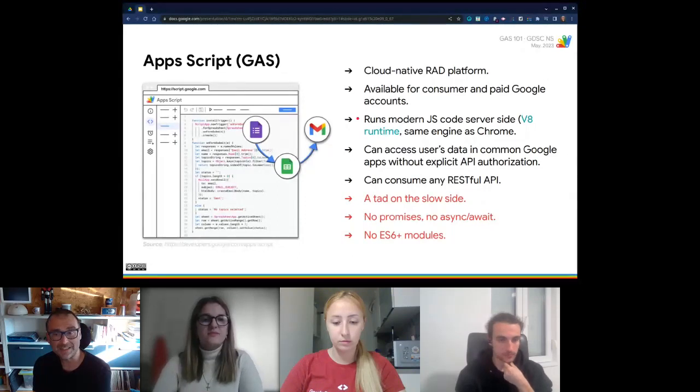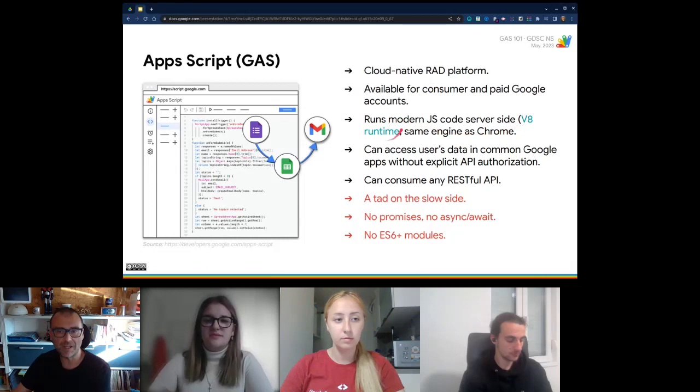So this JavaScript code is running up in the cloud on Google servers, not in the browser. Okay, so that's a key feature in my view. It's using the V8 runtime, just the same as Chrome, so you can expect almost all to be on par with the feature set of the JavaScript you can run inside the browser.